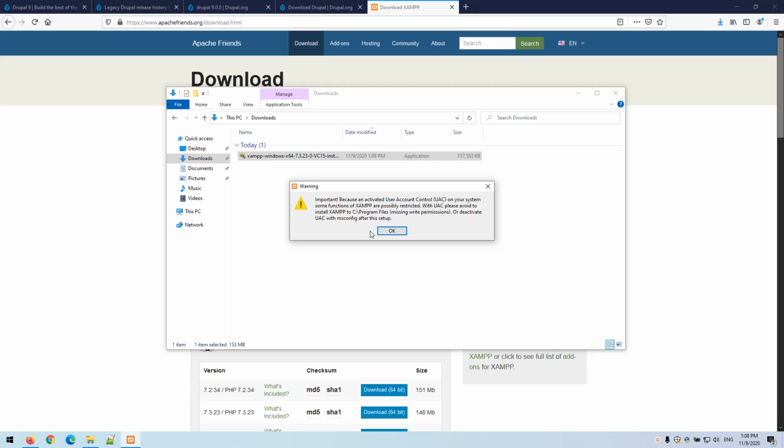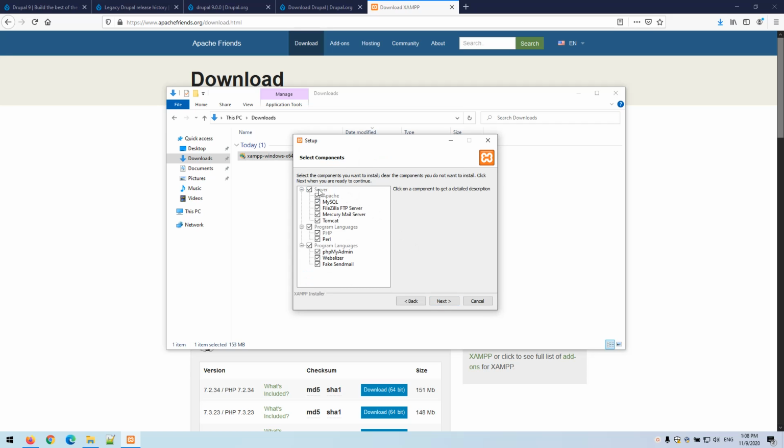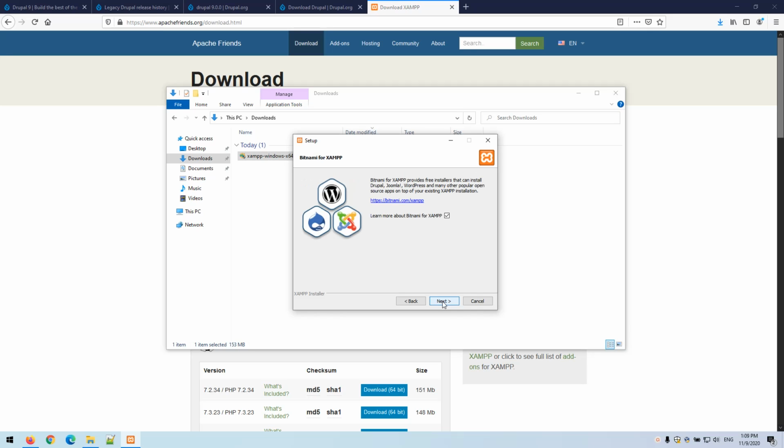Okay, it's loading. Here I see warnings. So we will install Apache by default, MySQL. FileZilla we don't need, Mercury and Tomcat as well. Perl not needed right now. Webalizer, Fake Sendmail, we do not care. We now need the web server Apache, database MySQL, programming language PHP, and phpMyAdmin, a web interface for managing the database, which will be helpful. So let's install it to the default folder,